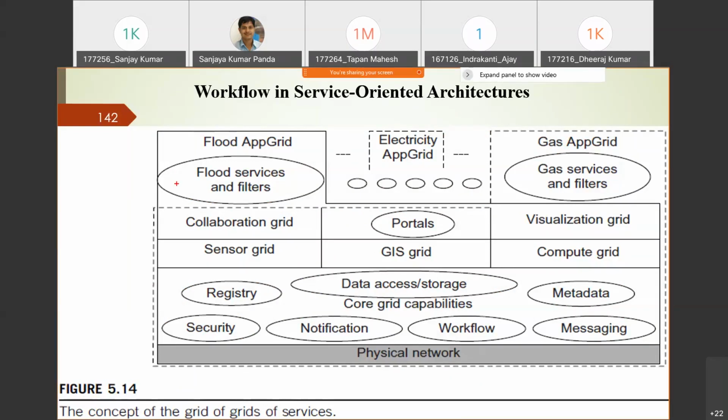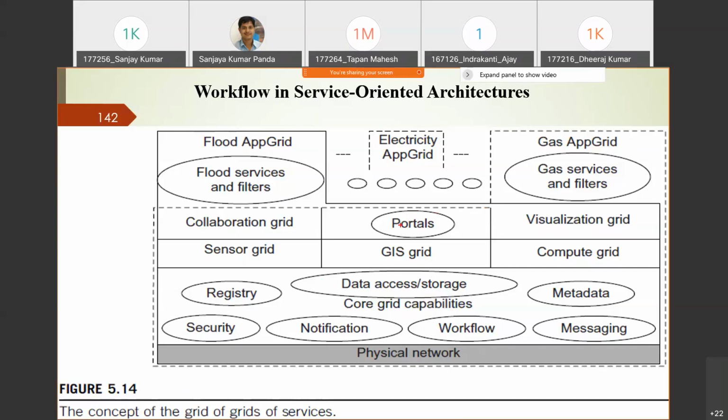That is the application layer. These applications can request resources from these portals, right? So you can build a collaboration grid, a sensor grid, a GIS grid, a visualization grid, and a compute grid based upon the type of application.